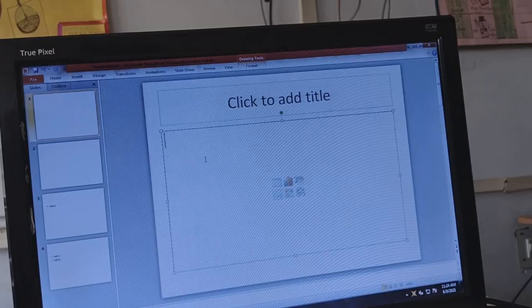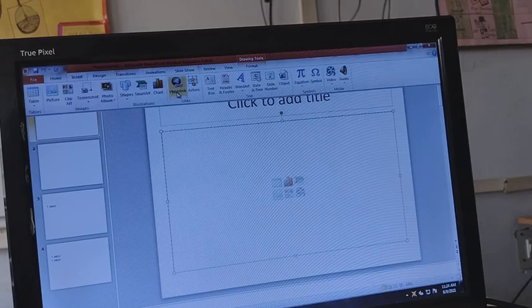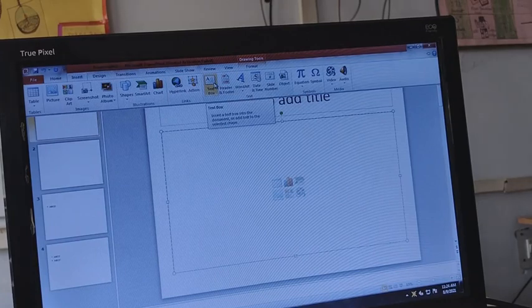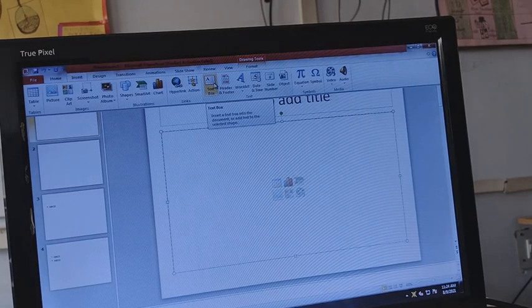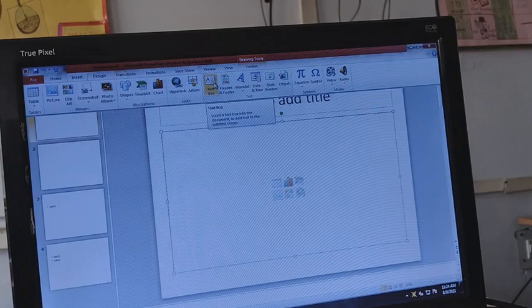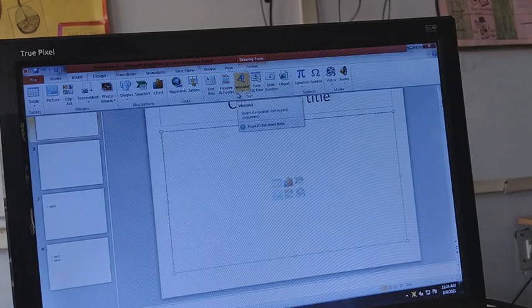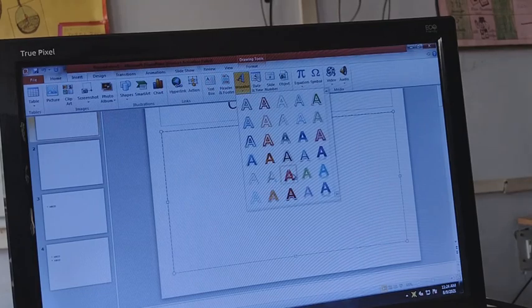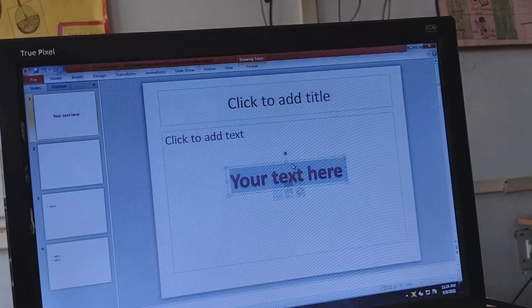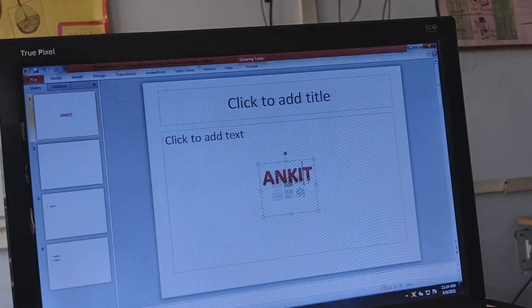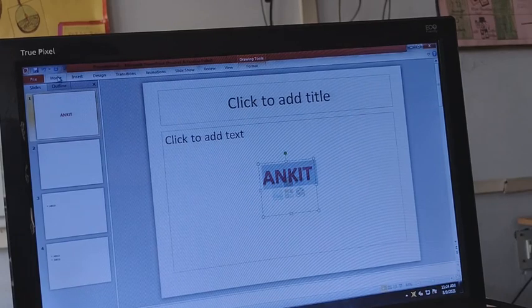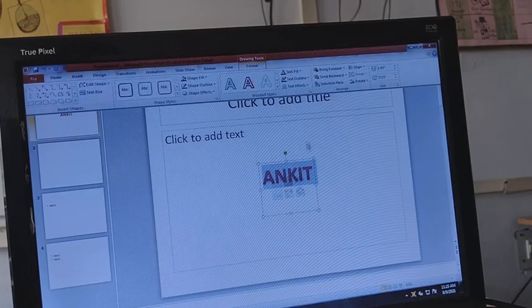To add the text box, go to Insert, then the text group, and you have a text box. Like you use the word art in MS Word, in a similar way here also you can use the word art. You have to click here and you will find a gallery. Whatever color you want to choose, you have to click, and then you can enter your data, and your data is entered, and you can format it.